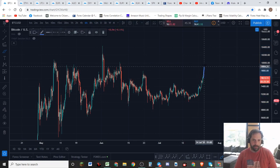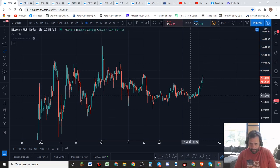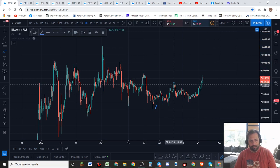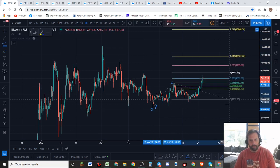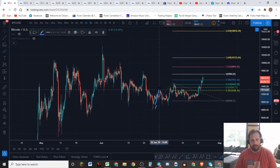It's possible that when it passes a certain fib level, that's when it shoots up. But for now, it's messing with us around key corrective fib levels. Let me show you the corrective fib levels that we're looking at here. Boom, boom, right there. So, in other words, what we have right now looks like a three wave move here,